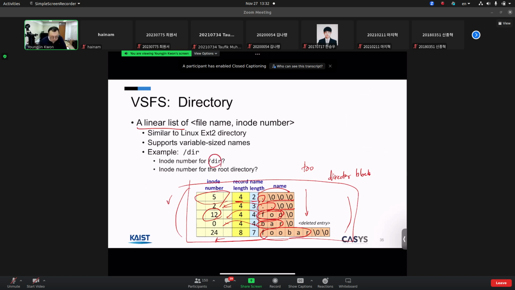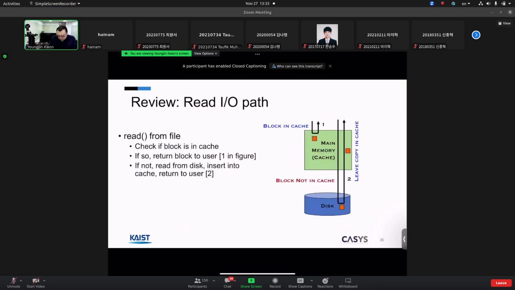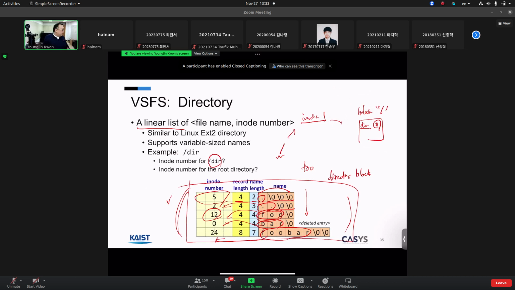So how do you locate the inode number of dir? You have to search in the root directory. The root directory inode number is specified, for example inode number 1, always pointing to the root. You can look at the directory block for root, and here find /dir and its inode number. Okay, that's directory walking, when the directory is organized this way. So that's the basic stuff about